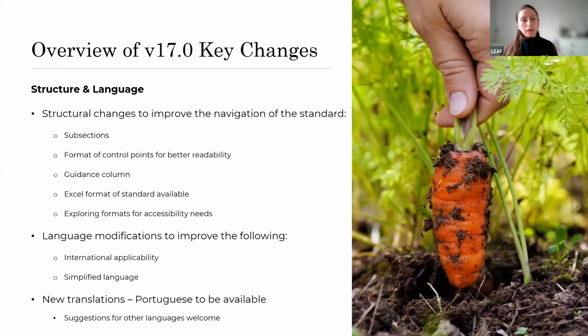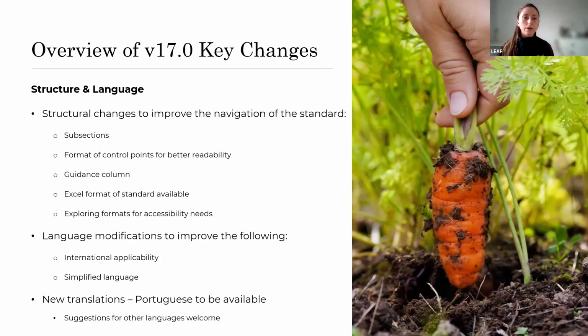We're also adding a guidance column to the standard so that a business can look immediately to check exactly what they need to do, and check for examples or links, to help them implement the requirements of the control point. Just a note that if you are having a look at the version 17 draft, this guidance column is not yet complete, so that guidance is still in development.